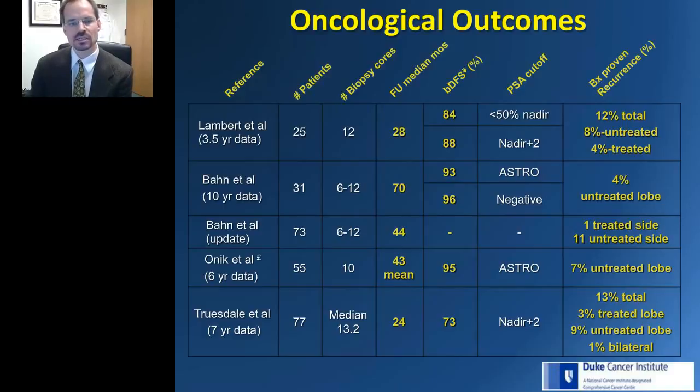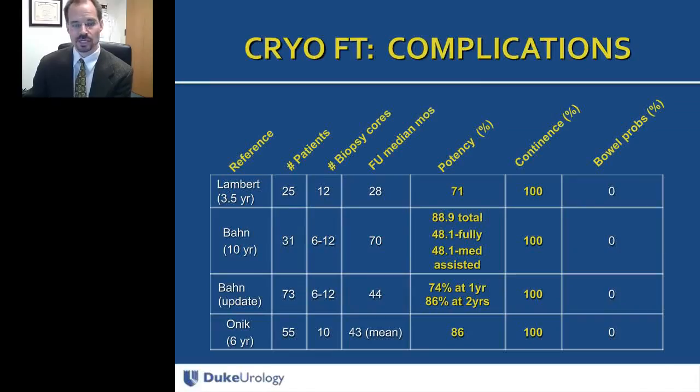And as you can see, these are small studies, but 5 in the literature, and you look on the column on the right, we see a less than 5% failure rate on the treated side and up to about a 12% positivity on the untreated side, which is basically what we expect anyway. In terms of the complications, not many. Bowel problems, 0. The continence is upwards of 100%, and the potency in these studies was between 70 and 90%, with about half the men resorting to oral